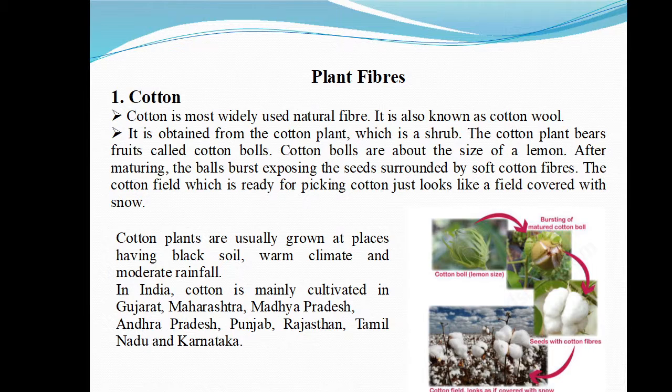The cotton plant has a fruit called cotton balls. Cotton balls are about the size of a lemon. You can see the picture, and you can imagine how that fruit is borne by the plant, and how it is